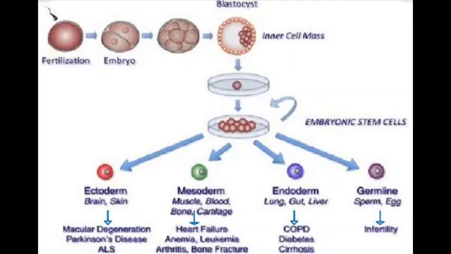We will see one more diagram. In that you can understand the whole process very well. Here is the fertilization, that is male and female gamete, then the embryo forms, okay, that is the zygote. Then the zygote gets divided into multiple cells. Here the inner cell mass, they are the stem cells.